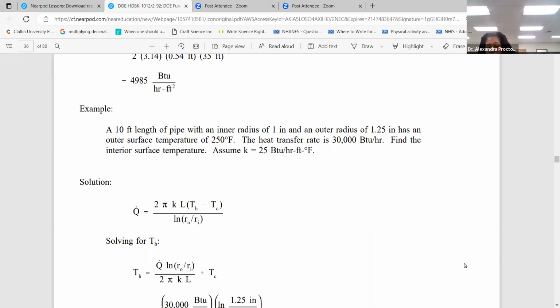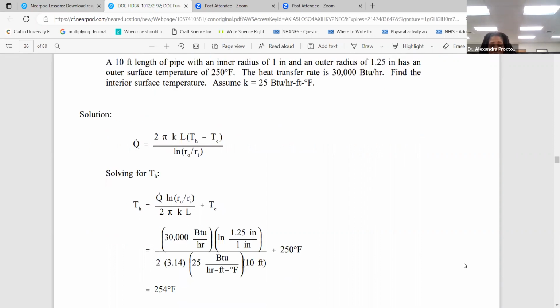So they use the equation Q is equal to 2 pi KL times TH minus TC divided by the natural log of RO divided by RI. They solve for TH, so TH is equal to Q natural log RO over RI divided by 2 pi KL plus TC, and then they plug it in and solve. So